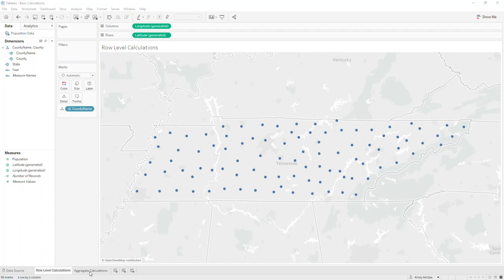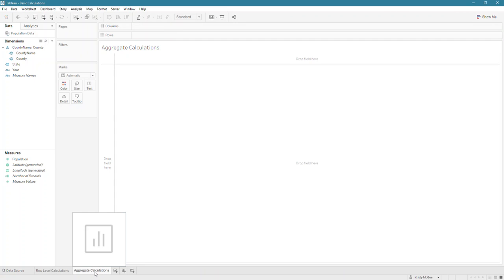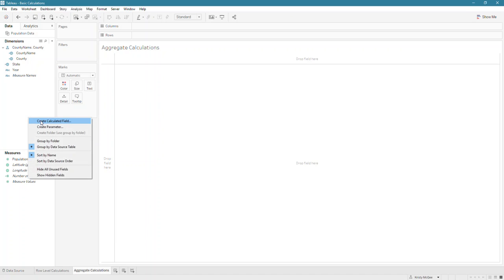So let's look at aggregate calculations. Aggregate calculations are nice because they're generated at the level of detail that your visualization is shown. Let's create one that just shows what the population is for the year 2017. Actually, before that, let's create one that just counts the number of counties that we have. So right-click again and say Create Calculated Field. If you click a dimension first, because sometimes your dimension list is very long and you might have a hard time finding a clean space,